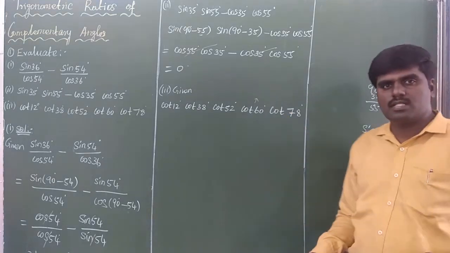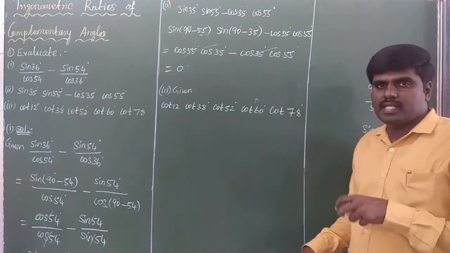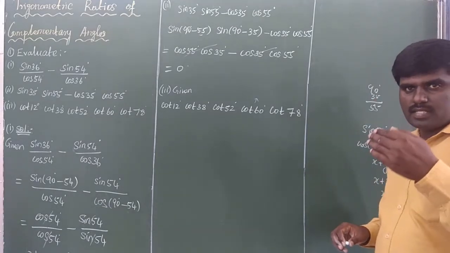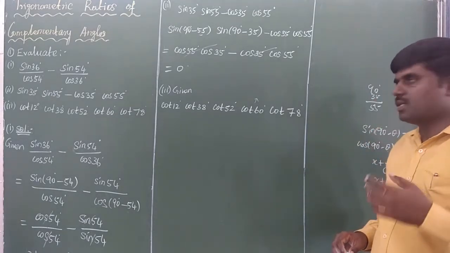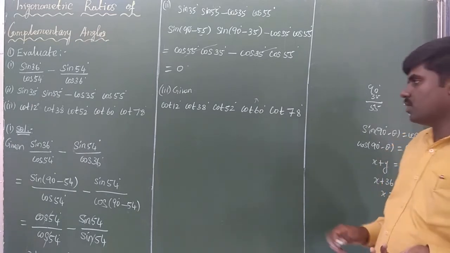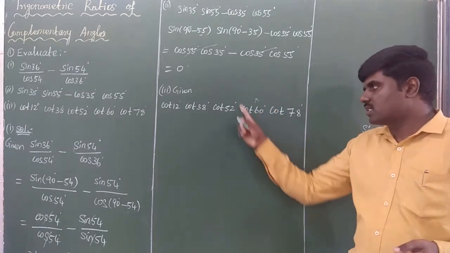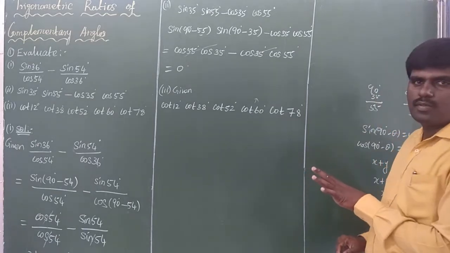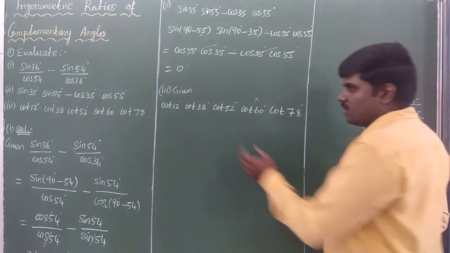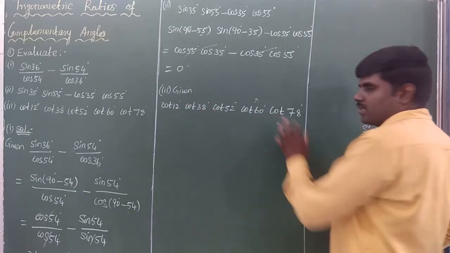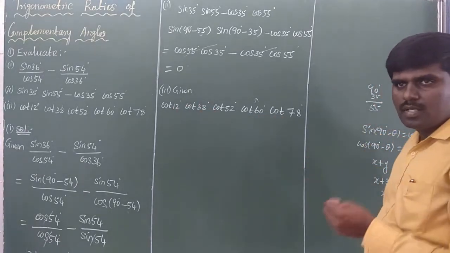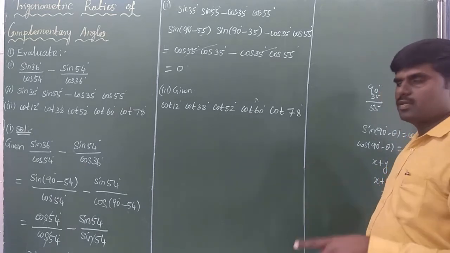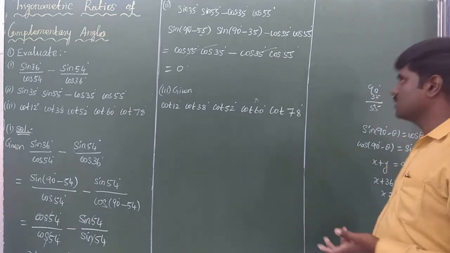But we know the value of cot 60 degree. What's the tan 60 degree value? Tan 60 degree is equal to root 3. Cot 60 degree is 1 by root 3. So we know that cot 60 degree is equal to 1 by root 3. What's remaining, you don't know. So how many values will remain? 1, 2, 3, 4. Here 4 values are multiplied. So if you change any 2, okay?